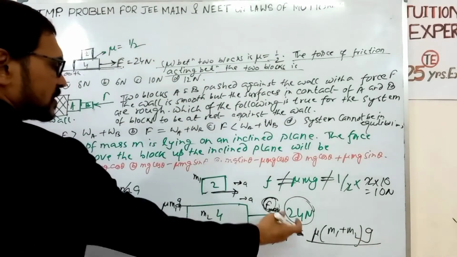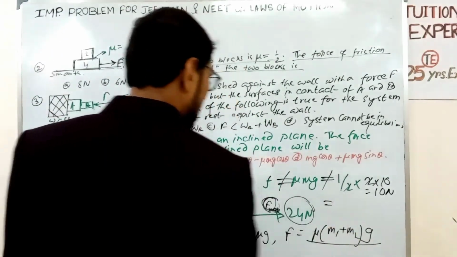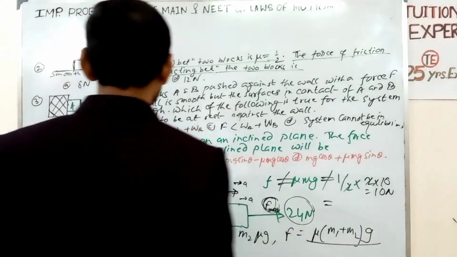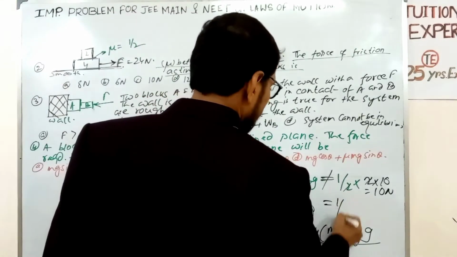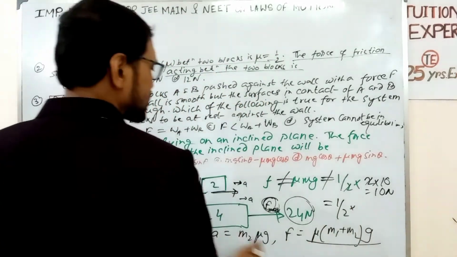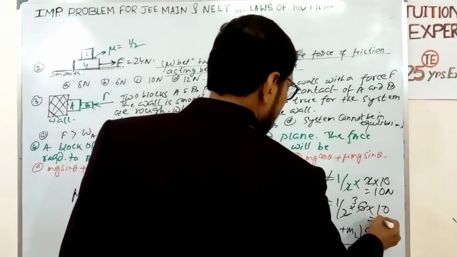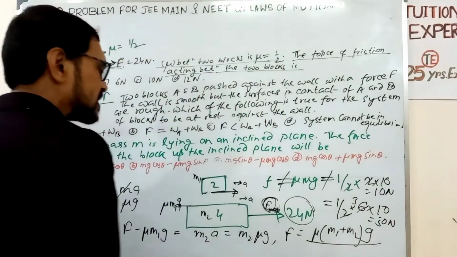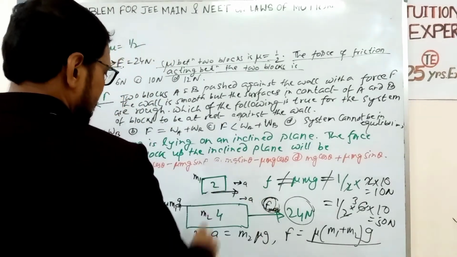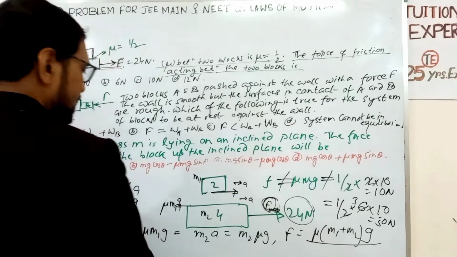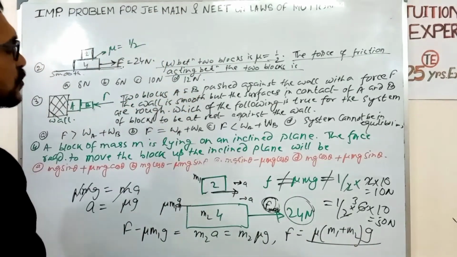Now if we put this value, what do we get? The value of mu is half. Mu equals half into (m1 plus m2), 2 plus 4 is 6, into g 10, that is 30. So if the force applied is 30 Newton, then the two blocks move together, and after that 30 the two blocks separate. Now the 24 Newton is less than 30, so we can easily say that the two blocks move together,